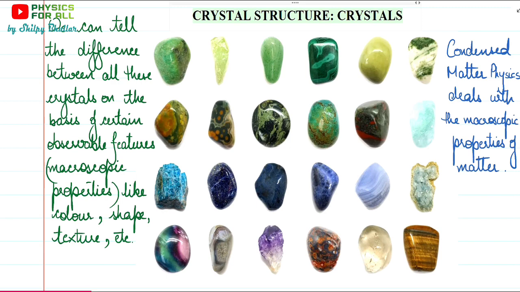Also, we know that there is a term called condensation. When molecules start coming closer to each other, the intermolecular forces of attraction increase and the intermolecular spaces decrease. So the space decreases and the force between molecules increases. In that case, what happens? Gas converts into liquid. That process is called condensation, and then we can say that yes, liquid is a condensed matter. Gas has condensed into liquid.